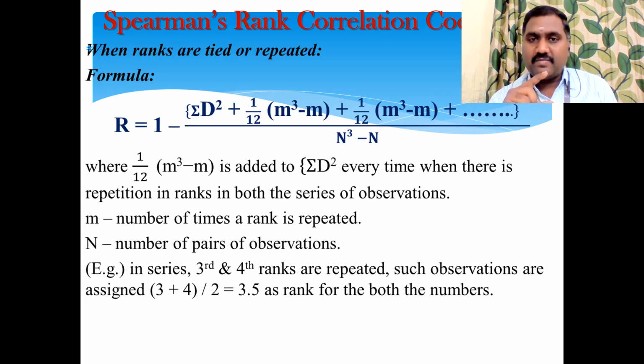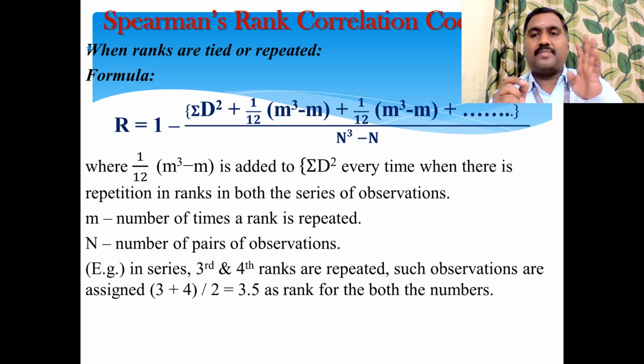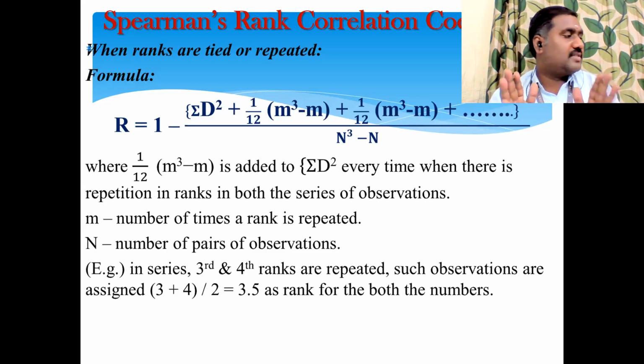And when you are getting the same value, the rank position of the particular value should be considered, and then you have to add and take the average for both positions. For example, number 40 is there in the third position as well as in the fourth position. Don't put 3 and 4. You should add 3 and 4, that is 7, 7 by 2, 3.5. So 3.5 for the 40 value, and again 3.5 for the other 40 value. So the third and fourth ranks are over. Now for the next value, you have to assign rank 5. Okay, now this is clear.